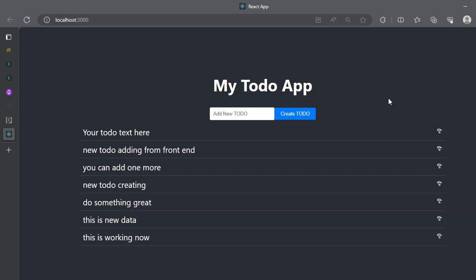Hello everyone, today I'm going to demonstrate a to-do app in the MERN stack. In this tutorial, I will demonstrate how I created a basic to-do application in React, MongoDB, Express and Node.js, which